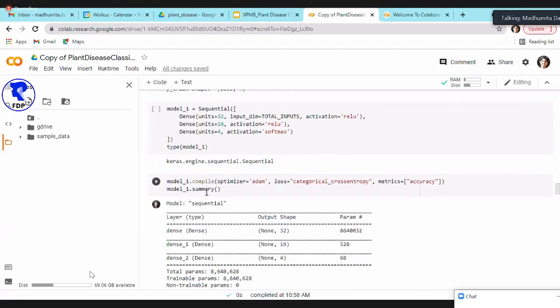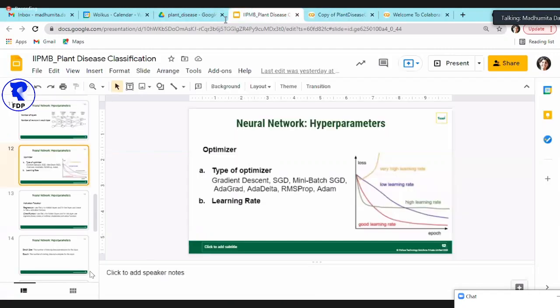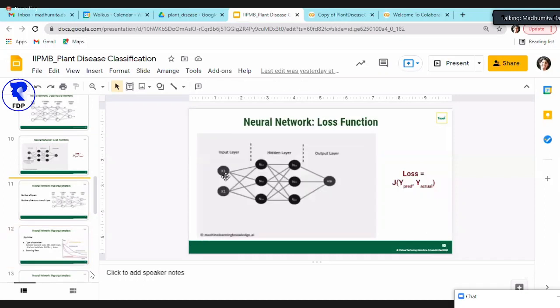Then you can click on summary, and it will tell you for each layer what the shape is going to be. Now you must be wondering how these parameters come into play. From input to here, I want 32.